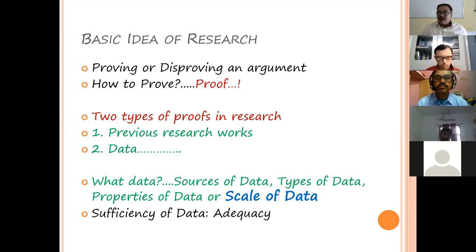From the history of the research, from the previous research work, you can take the incidences, you can take the proved arguments from the previous research work, and you can support your argument. That is one thing. And this is always a theoretical frame for your methodology, for stating the hypothesis, for setting the stage for your research or your subject matter of interest. For everything, you take the proof from your previous research work.